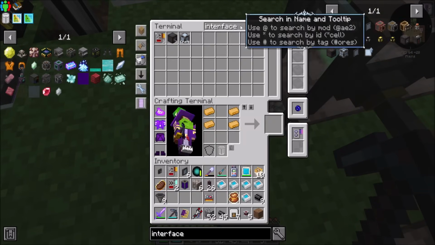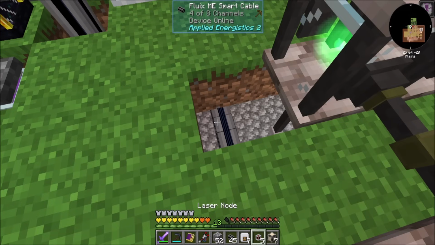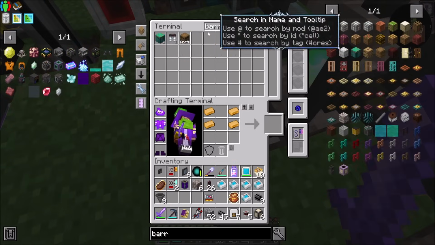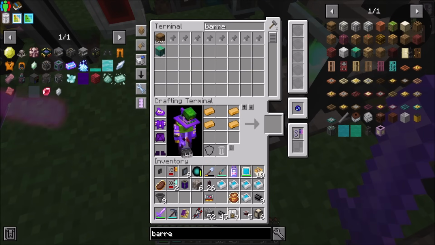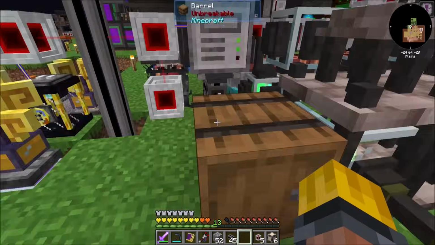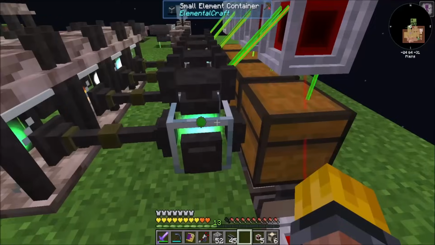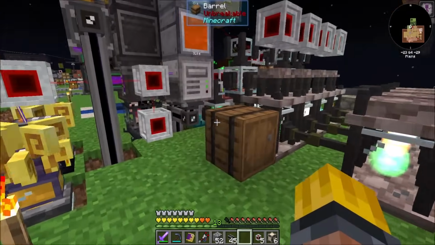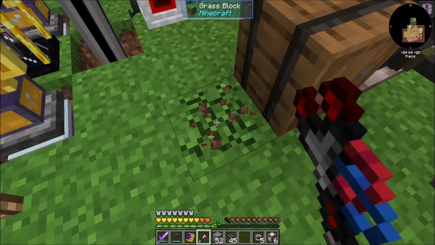Interface, or not interface, pattern provider. Look, years and years of playing, and I got used to the fact that it's interfaces that you craft with. I can't deny that. Just the way I am, folks. All right, so then you're going to go there. And then I'm going to need a return line for this as well, which I suspect could just be...